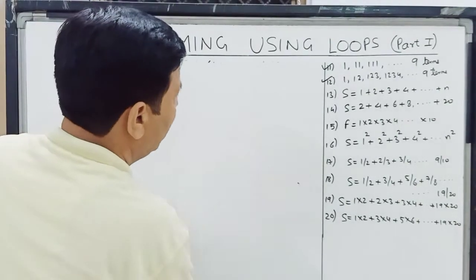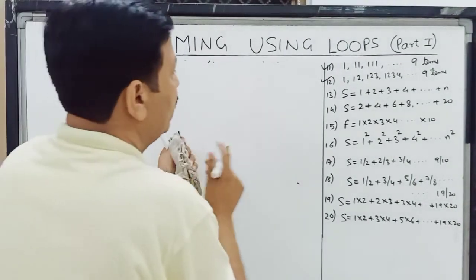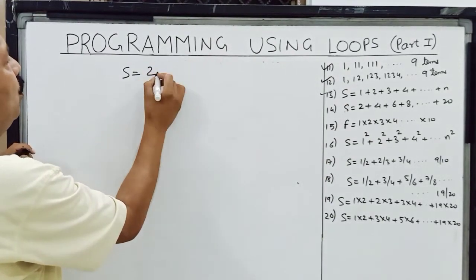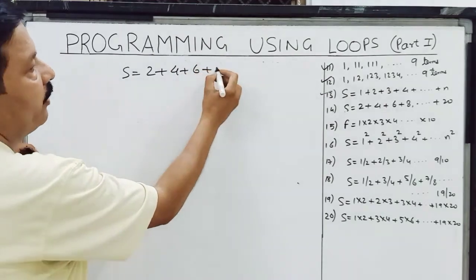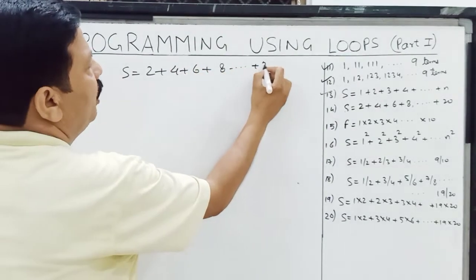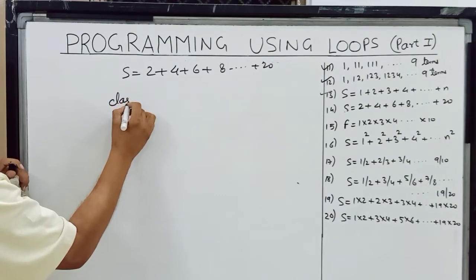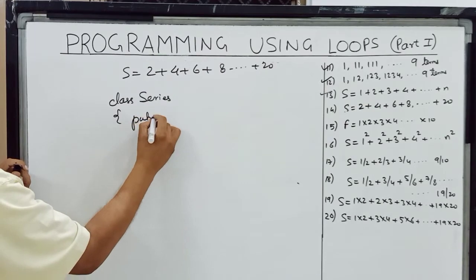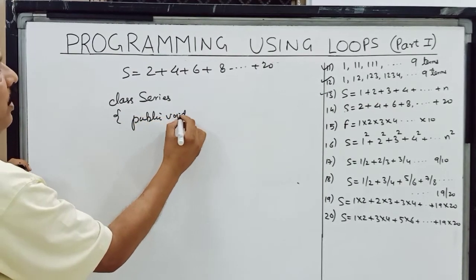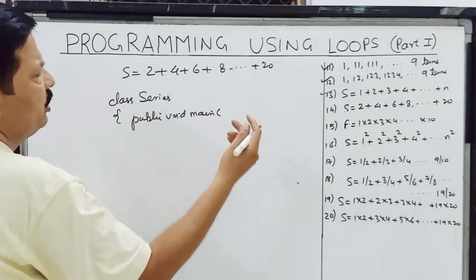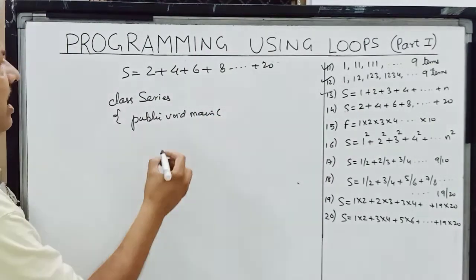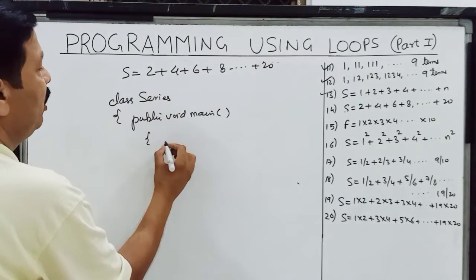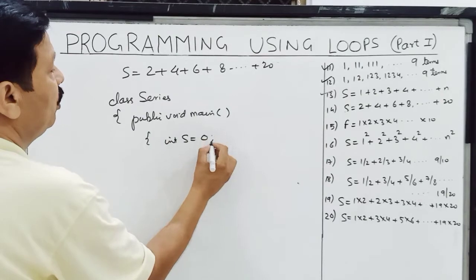Then we are moving to the next question. 13th we have done. Now we have s is equal to 2 plus 4 plus 6 plus 8, and it is till 20. I hope you can do this. Please try to do some of the series yourself also, and you can find these series in your books also. Start doing, children, and if you have any problem, just take a click of it and send it to me. I am going to solve those series also. So children, here also sum will be of integer type, so I am taking s is equal to 0.